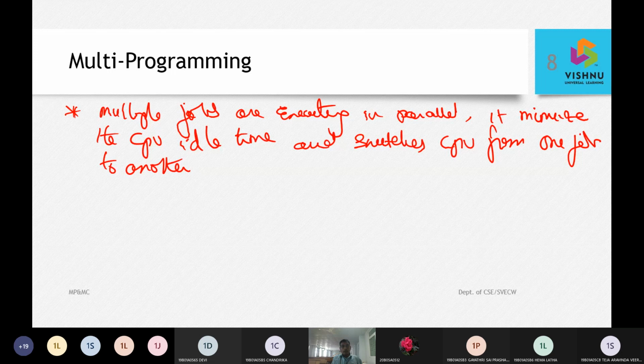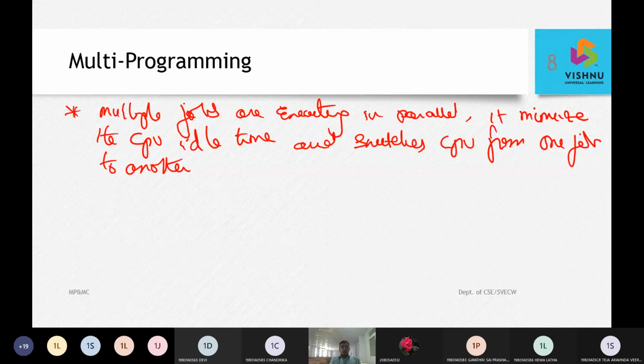So this was the primary aim of bringing out multi-programming. In multi-programming, the drawback of uniprogramming, that only one job is taken up at a time, is going to be recovered. Second, the multi-programming jobs are going to work in parallel. Third, it is going to minimize the CPU idle time.